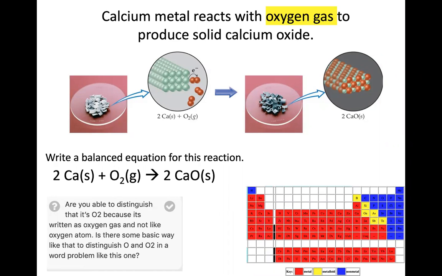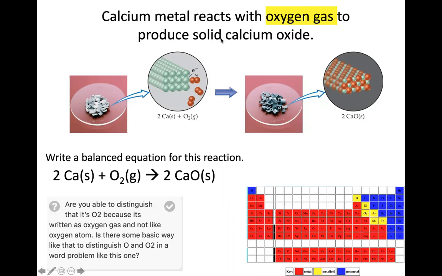I'm looking for exactly what that student brought up. If it says oxygen gas, that is when I'm going to write it as O2. For those other diatomics, if you tell me hydrogen gas, I will write H2. Nitrogen gas, N2. Oxygen gas, O2. Fluorine gas, F2. Chlorine gas, Cl2. Any of those elements, when it tells me that it is a gas, it's going to be the diatomic molecule. Let's have that as a skill for us.